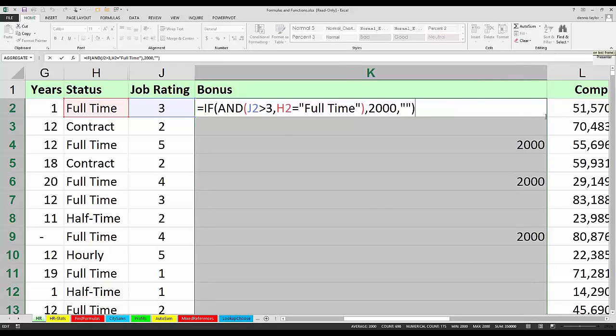You can see certain other people there. Person in row 10 is a good job rating but is hourly. Person in row 7 is full-time but doesn't have a good job rating, and so on. The word or has the same kind of meaning it has in English, and if we were to use or here, you might question their wisdom, but what are they doing? They're saying if either condition is true, and as I complete the entry here,